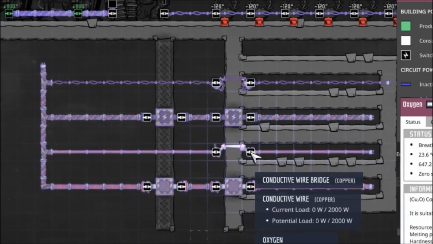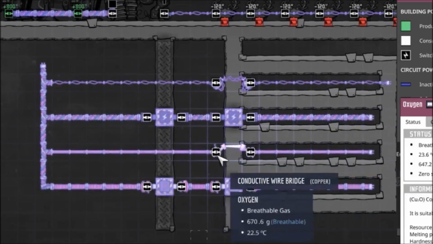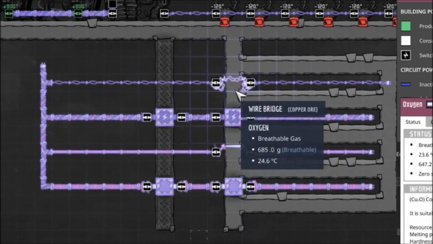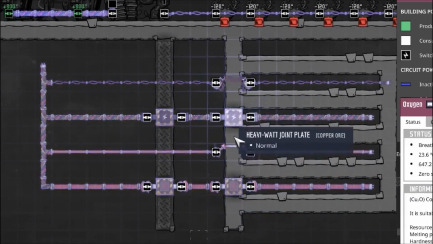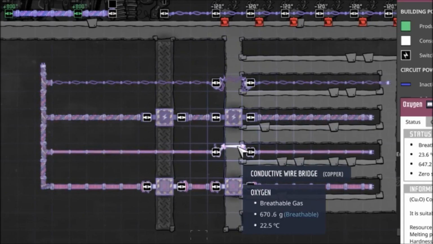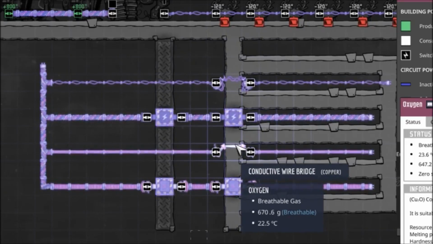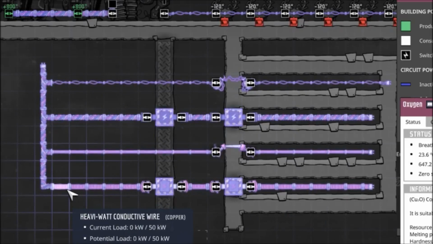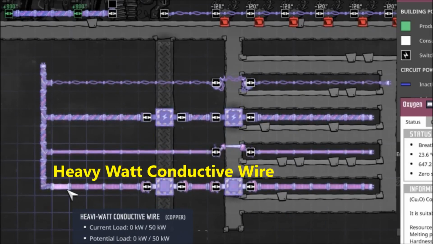So again, this is a conductive wire, and this is the conductive wire bridge. We don't need this bridge for passing through tiles. I only made this just to show you how you can see it in game. It can also be used to pass through other wires, just to skip, not to connect two wires. Next is this heavy watt conductive wire, also using refined metals. This one I use copper also, and it can carry a load of 50